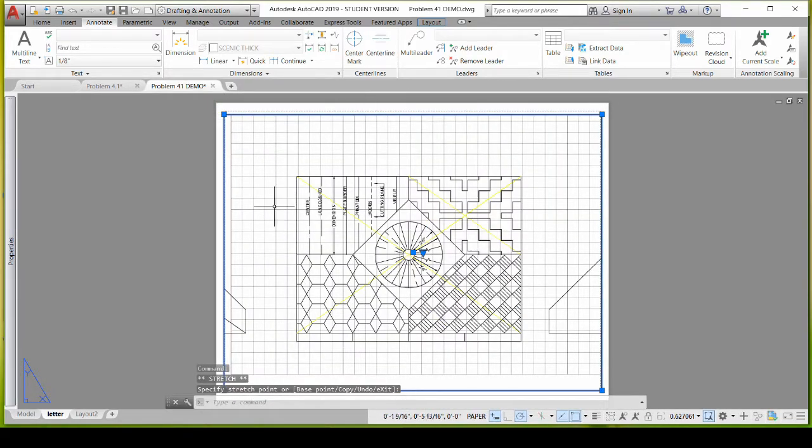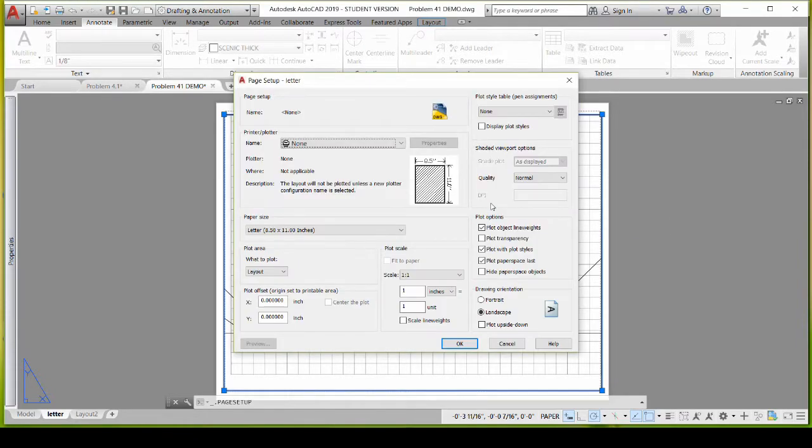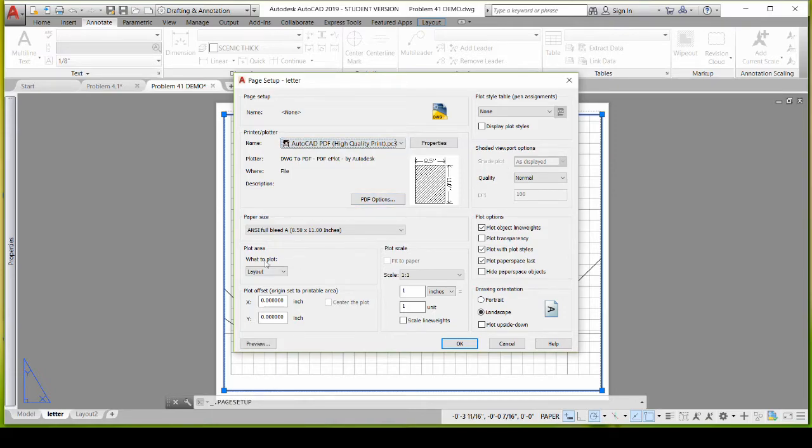So I'm going to set up the page setup now. So I can right click on the tab and go to Page Setup Manager. And I'm going to choose Letter. That's the tab I'm in, and I'm going to do Modify. And we're going to select a printer/plotter. We're going to export to PDF, so I'm going to do AutoCAD PDF, high quality. And then I'm going to select my paper size